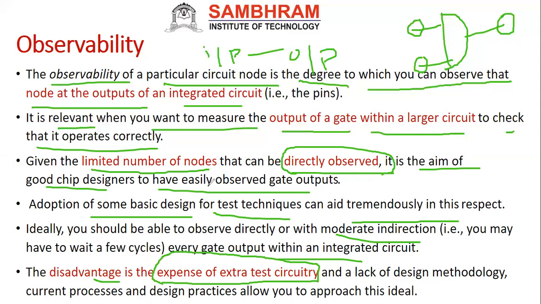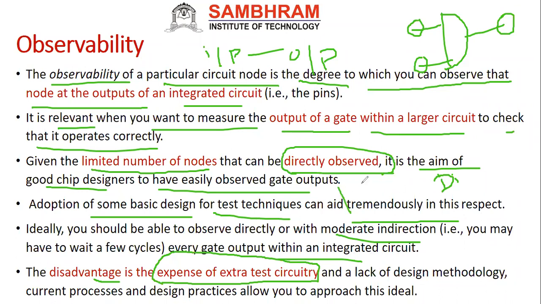A simple example: you might have done this in your logic design lab. After getting an IC, in our lab we had a digital IC tester. We put the IC in the digital IC tester and test it. Like that, the manufacturer also uses an extra circuit to test the given circuit.